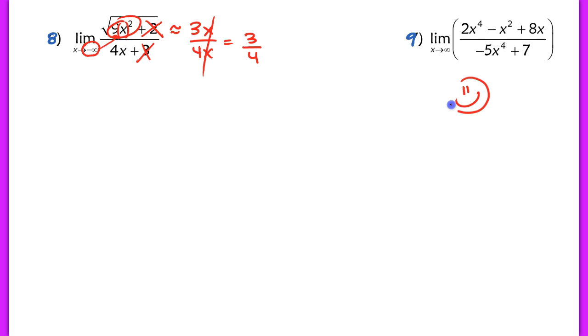All right, so I'd like you guys to try number 9 on your own and then check that one with the key. I gave you a couple different methods for finding the limit as x approaches positive or negative infinity,